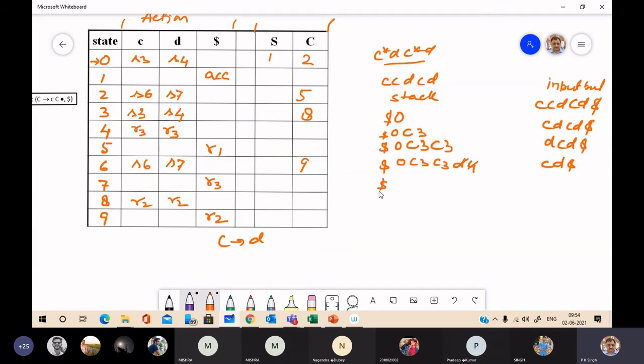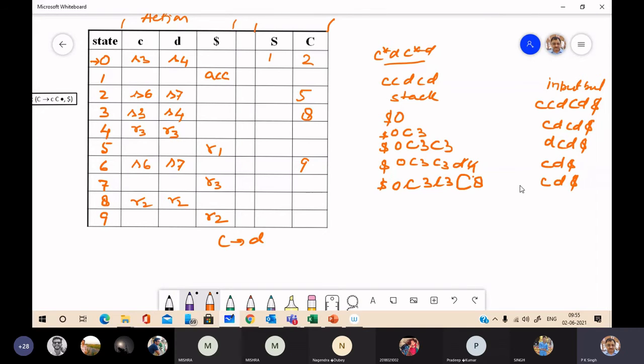Then the stack will be 0, C, 3, C, 3, and capital C, the non-terminal C. And go to 3 on C will give the next state, go to 3 on C is 8. Here you have C, D, dollar. We have performed the reduce action.